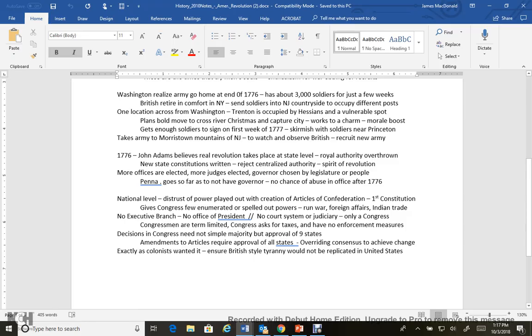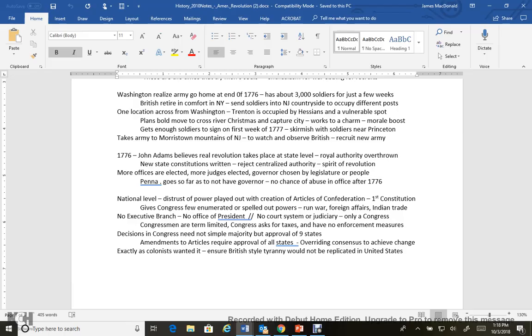Now, taking a break from the military campaigns for a minute, we'll talk a little bit about what John Adams always thought was the most significant part of the American Revolution. Yes, the Declaration is significant. Yes, the fighting that takes place, it has to go well for the American cause, or else there is no United States. But John Adams thought the revolution, the real revolution, happened within the different states or the former colonies